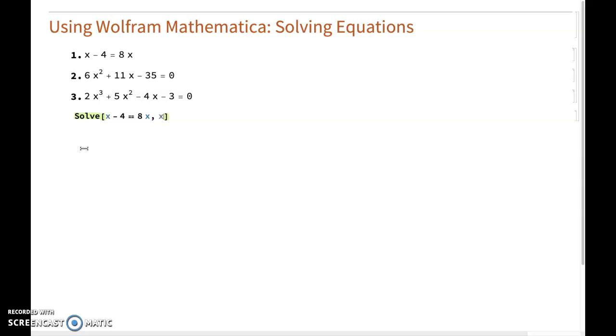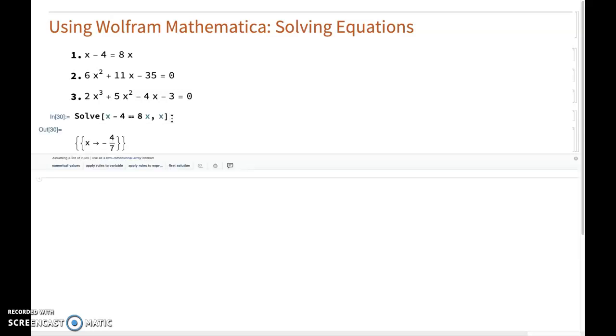And remember that in order to run any Mathematica cell, remember from last video, this is what we call a cell, in order to evaluate its contents, you either press the big Enter button at the very far right of your keyboard, or you can press the middle Enter button simultaneously with the Shift. So I press Shift and Enter, and then you get that. If you're using a laptop where you don't have a numeric number pad, you need to use Shift Enter together. So we get the value, x being -4/7, and this is a nice answer,